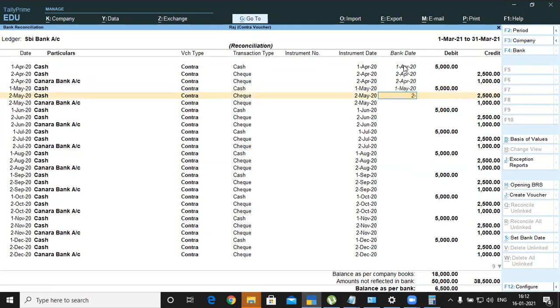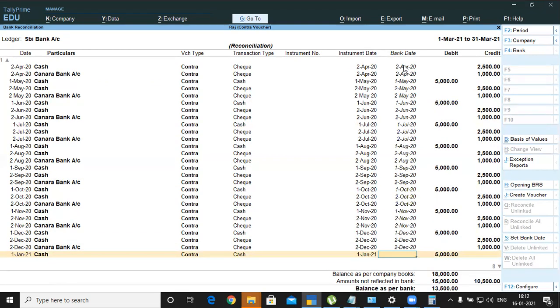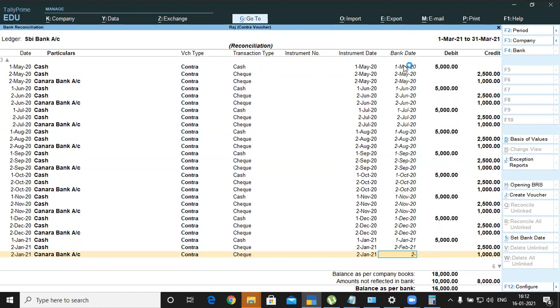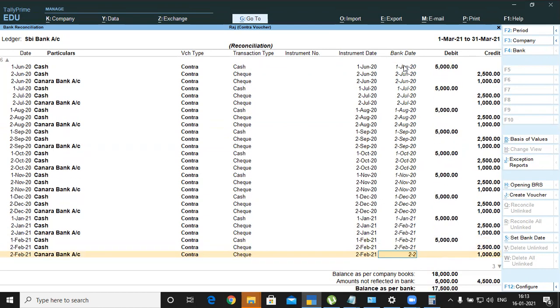Again 1st May, 2nd May; 1st June, 2nd June; 1st July, 2nd July; 1st August, 2nd August; then the months through October, November, December, January, February, and finally 1st March, 2nd March, entering the same bank date each time.